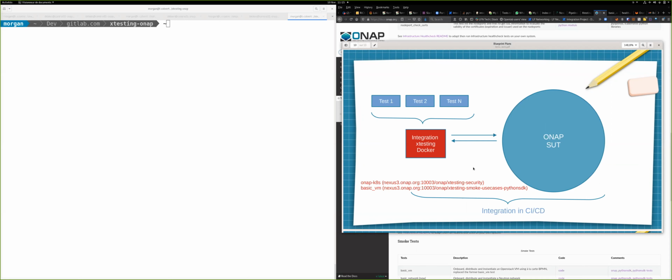What we are doing is building Docker where we collect different tests, usually based on the category, and we run the Docker through the system. And we integrate that after that in CI. So you can see that we have an additional step here, which is called cross-testing Docker. It's just to indicate that the test developer can develop their test as they want. If you are able to run a test on ONAP, and if you want to put that in CI/CD, the integration team will do the job to move that in the integration cross-testing Docker, but the most difficult part is to